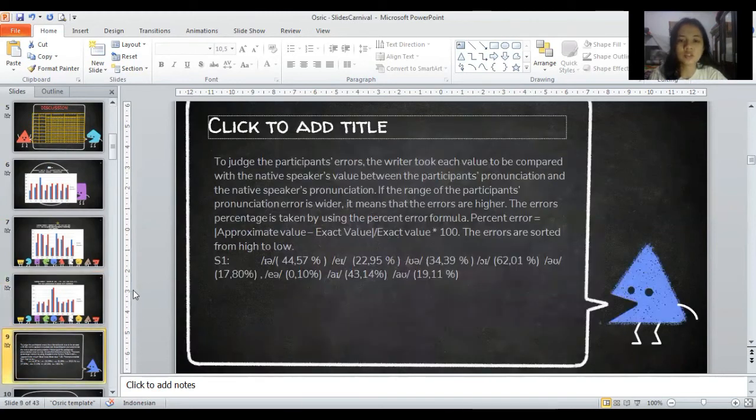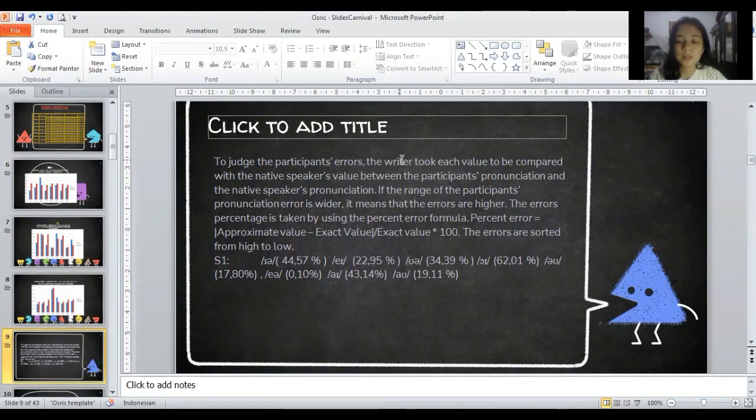And to judge the participant's error, the writer took each value to be compared with the native speaker value, between the participant's pronunciation and the native speaker's pronunciation. If the range of the participant's pronunciation error is wider, it means that the error is higher. The error percentage is taken by using the percent error formula.